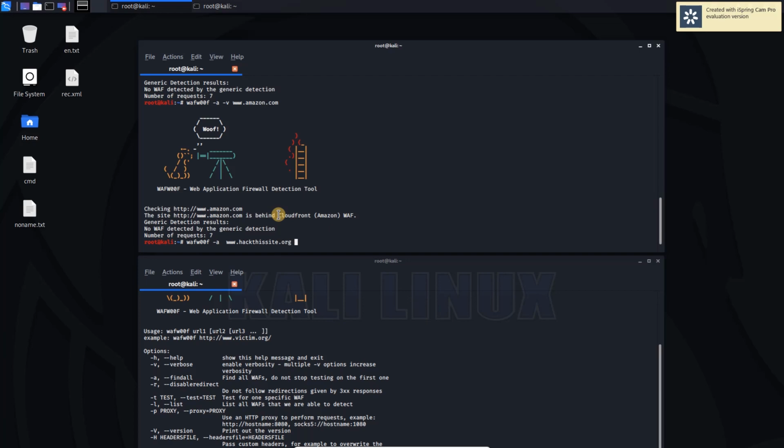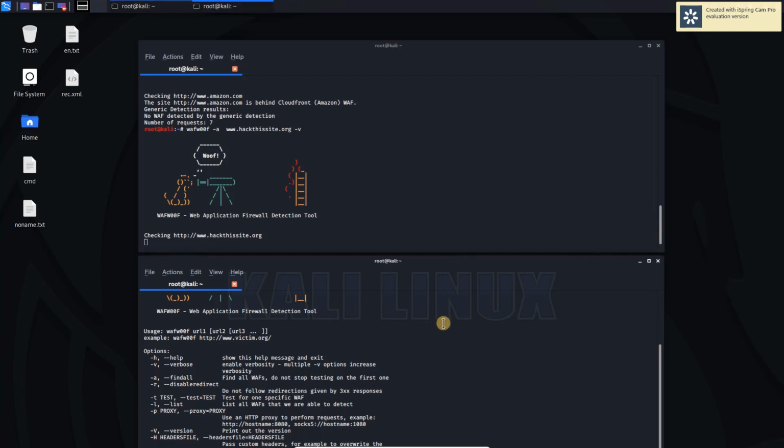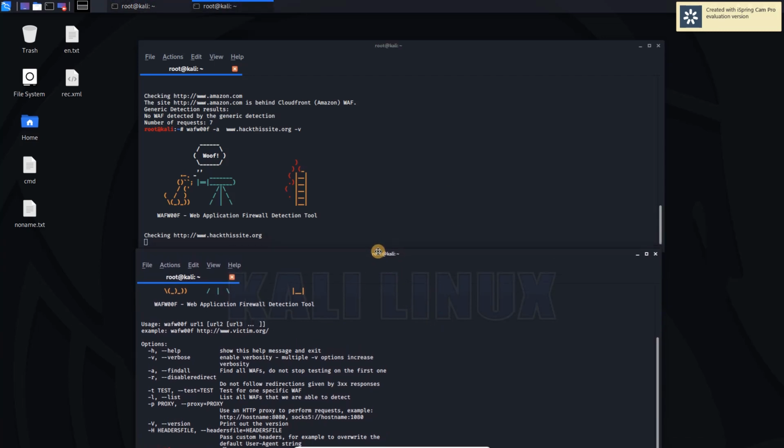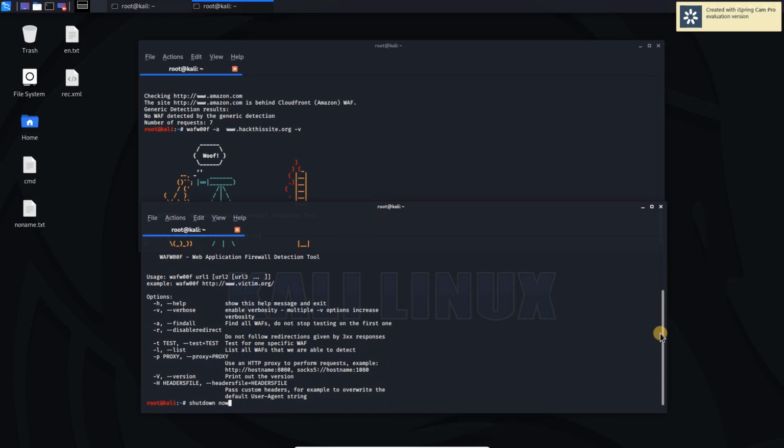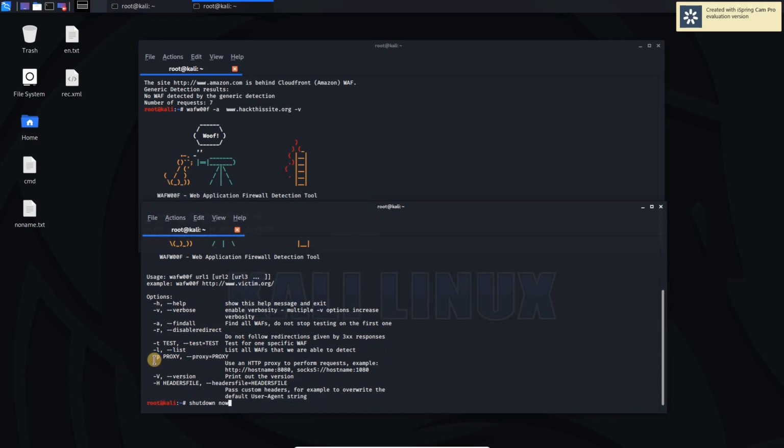HackThisSite.org hyphen v. So it's not showing the verbosity actually. So there are other options also. We can test against specific firewalls by using hyphen t and the name of the firewall.